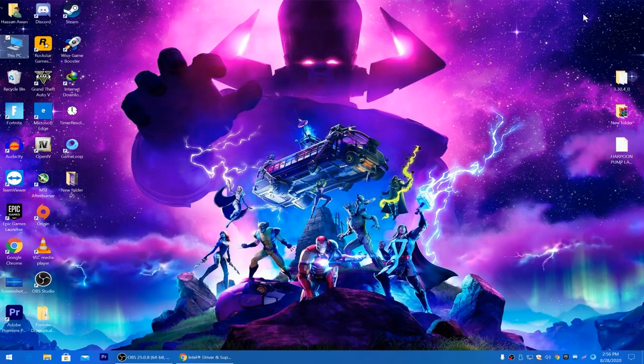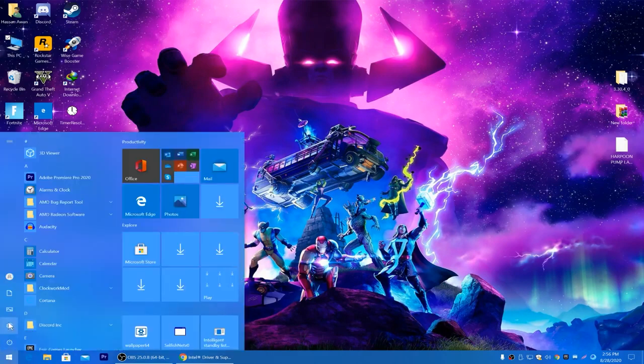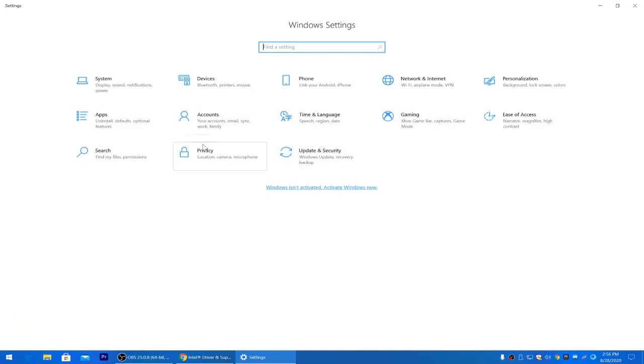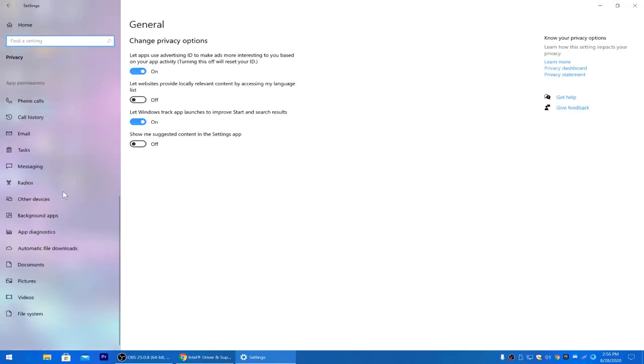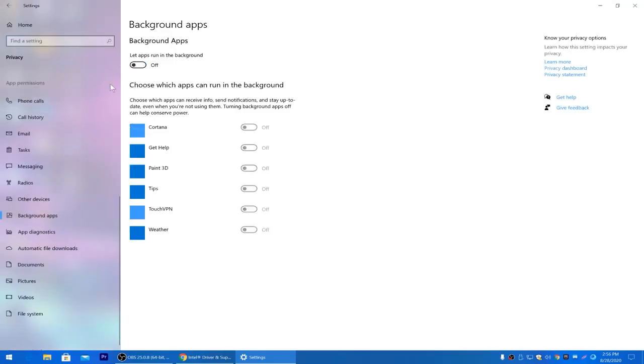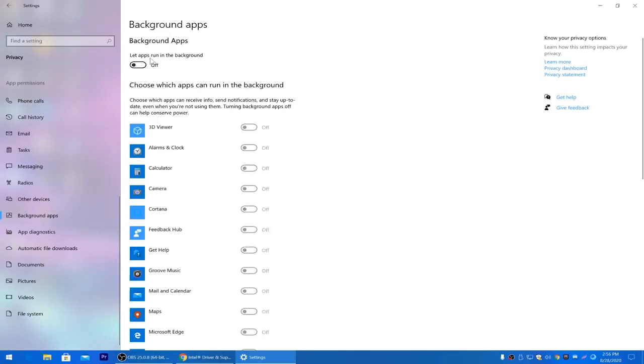A lot of people are getting crashes because they have a low-end PC and their CPU usage is at 100%, and then they get the application hanged or the application crashed, that type of error on their PC. To fix this, you need to download software which will clean up all the background stuff, or you can also do it in the Windows settings. Click the Windows icon, go to the settings button, and go into the privacy tab. Scroll down, find the background apps, and turn off all of these background apps from here.